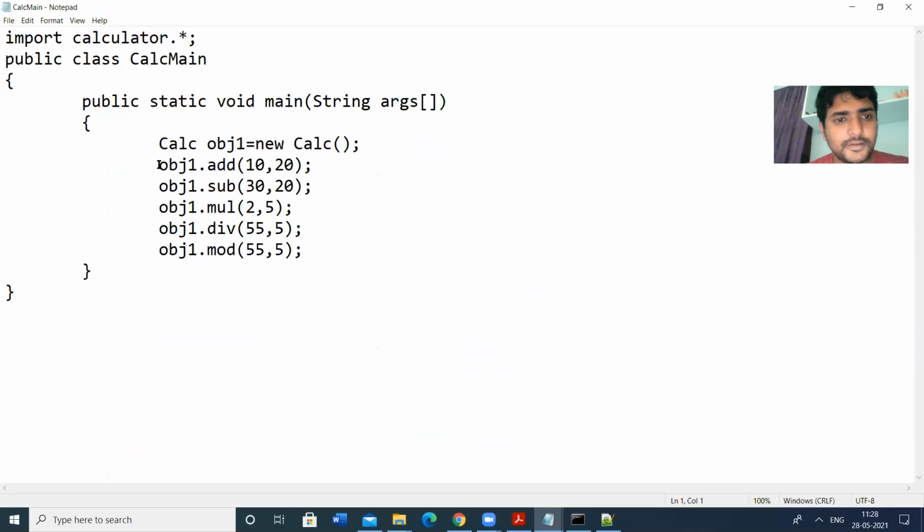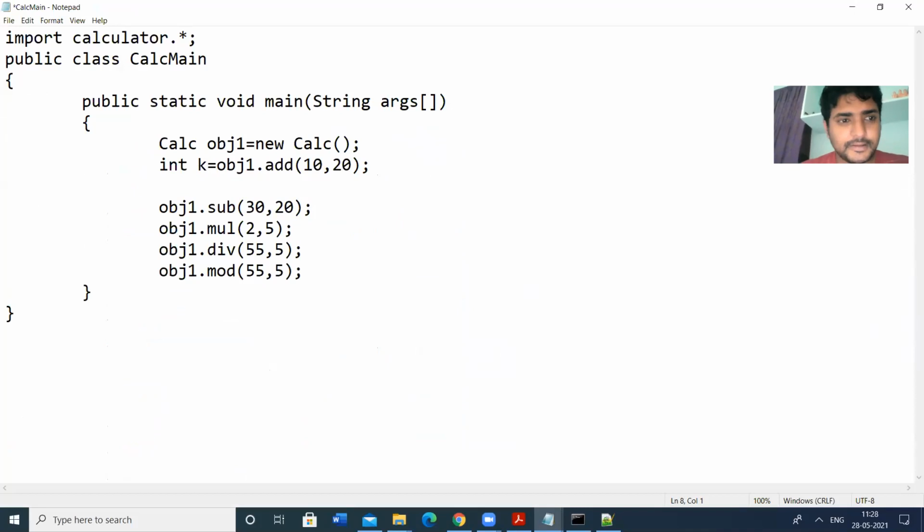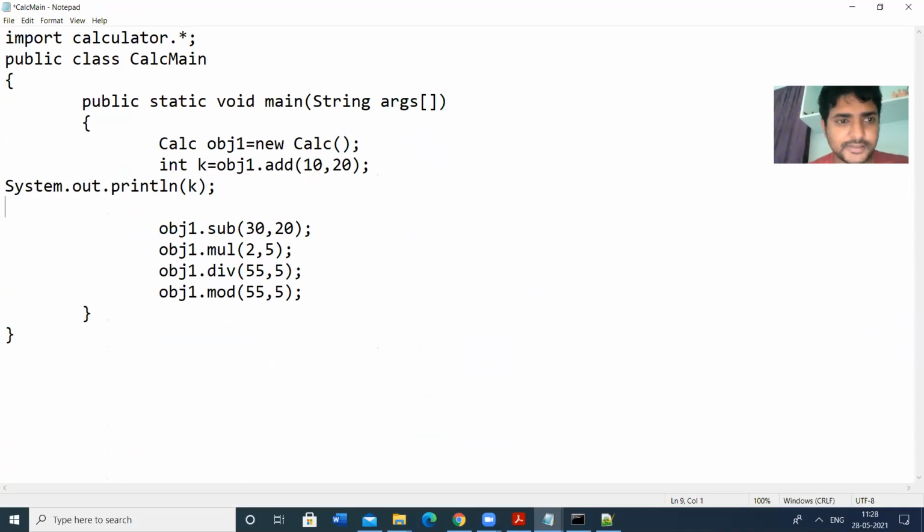In this, make it so the output can be stored in, suppose, int k. So System.out.println(k). So print k. So let us print that one. Only single statement. File, save.